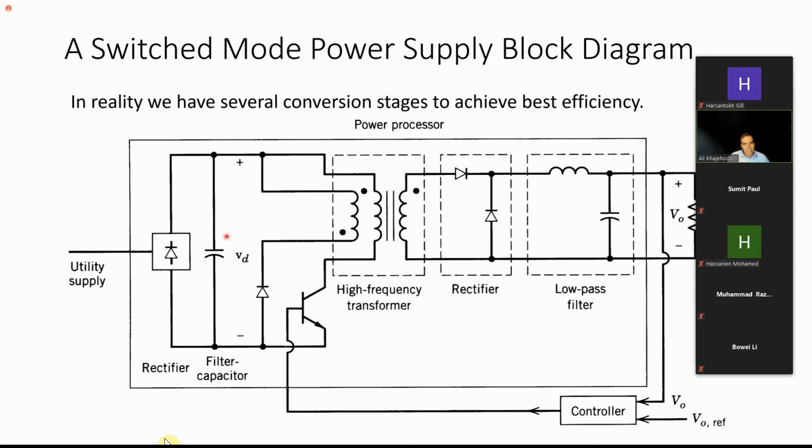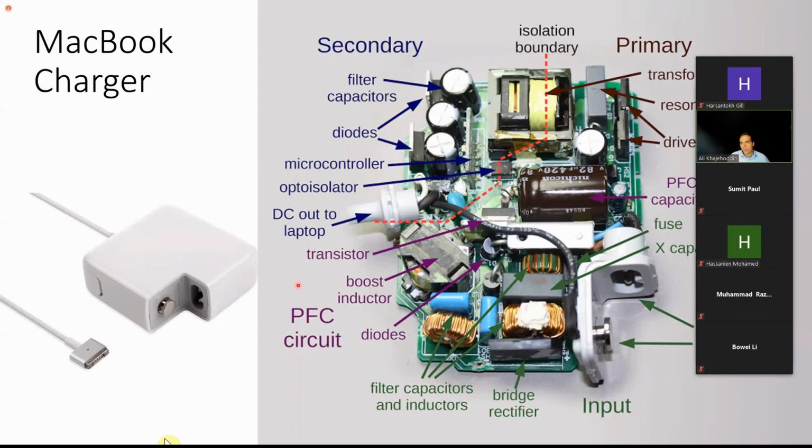But because of this capacitor, that's not actually possible. So this is not a very good converter in terms of input current harmonics. Anyways, here they have this PFC, and then the next stage,